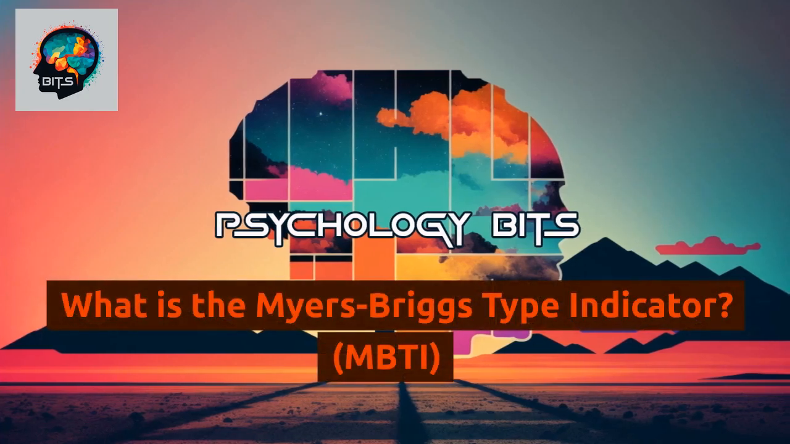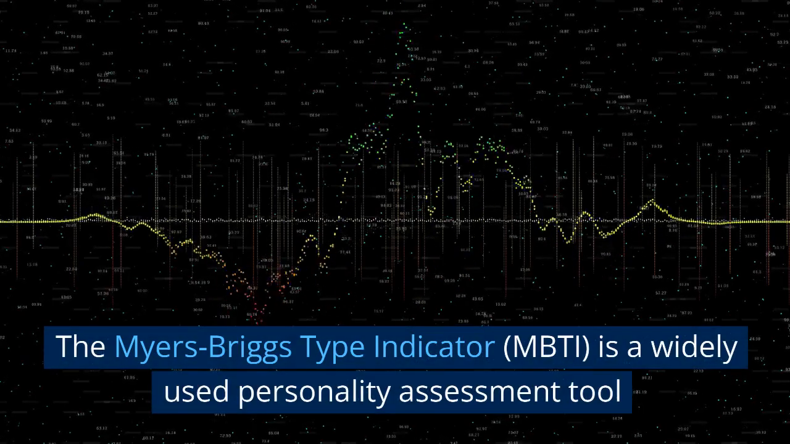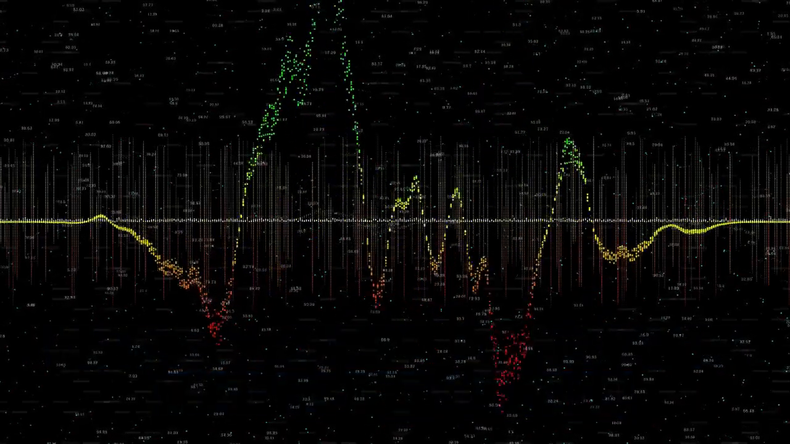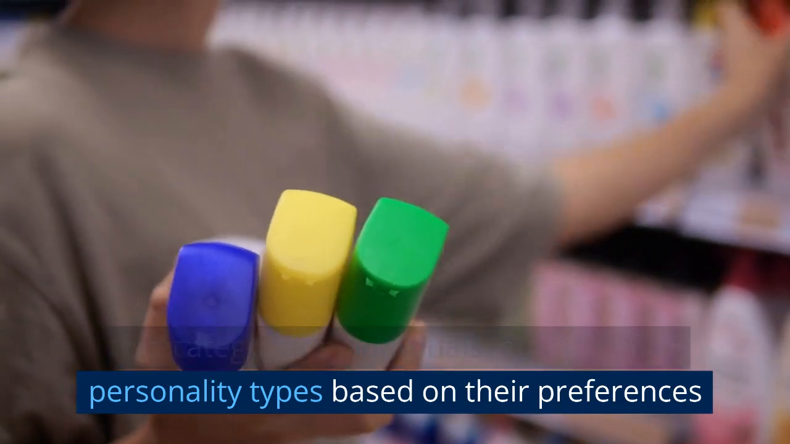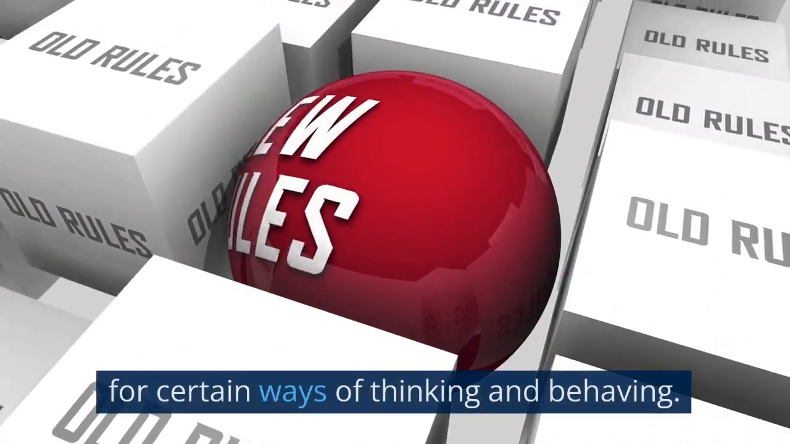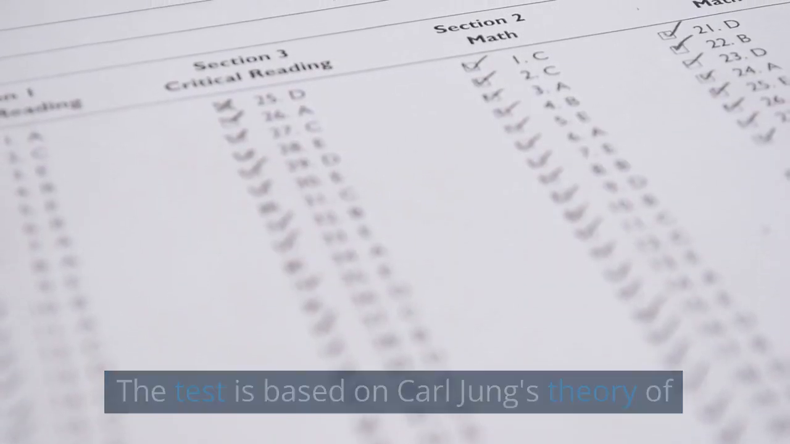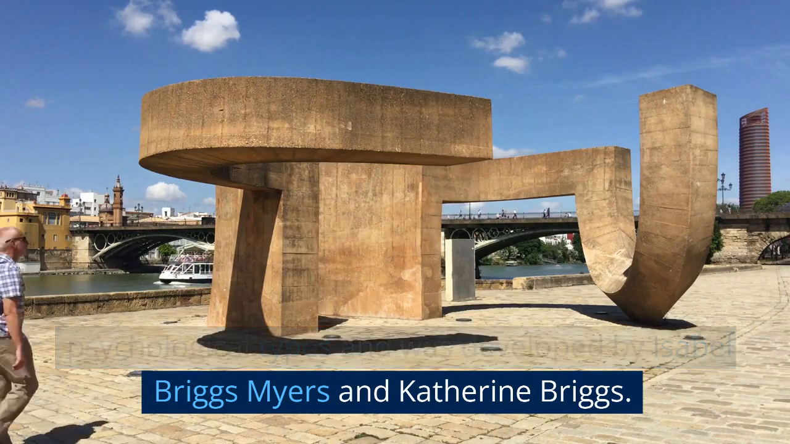What is the Myers-Briggs Type Indicator? MBTI. The Myers-Briggs Type Indicator, MBTI, is a widely used personality assessment tool that categorizes individuals into one of 16 personality types based on their preferences for certain ways of thinking and behaving. The test is based on Carl Jung's theory of psychological types and was developed by Isabel Briggs Myers and Catherine